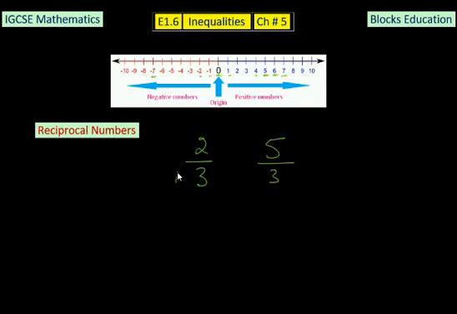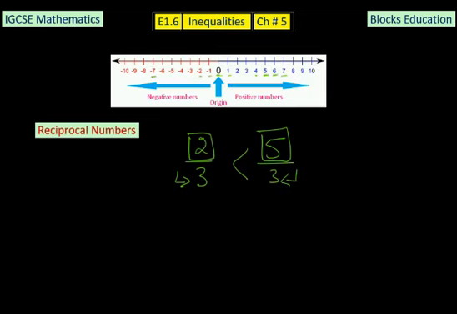See, the numerators are not the same, but the denominators are the same. 2 and 5 are different, which are the numerators, but 3 and 3, which are the denominators, are the same. So in that case, the decision lies on the numerators, which number is bigger or smaller. So the bigger the numerator, the bigger the number. It means 5 is greater than 2. It means that 5 over 3 is greater than 2 over 3, or 2 over 3 is less than